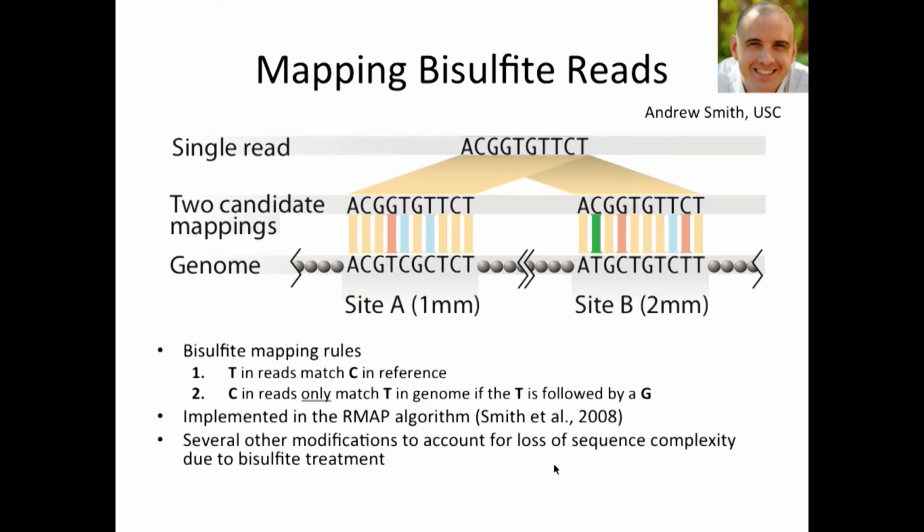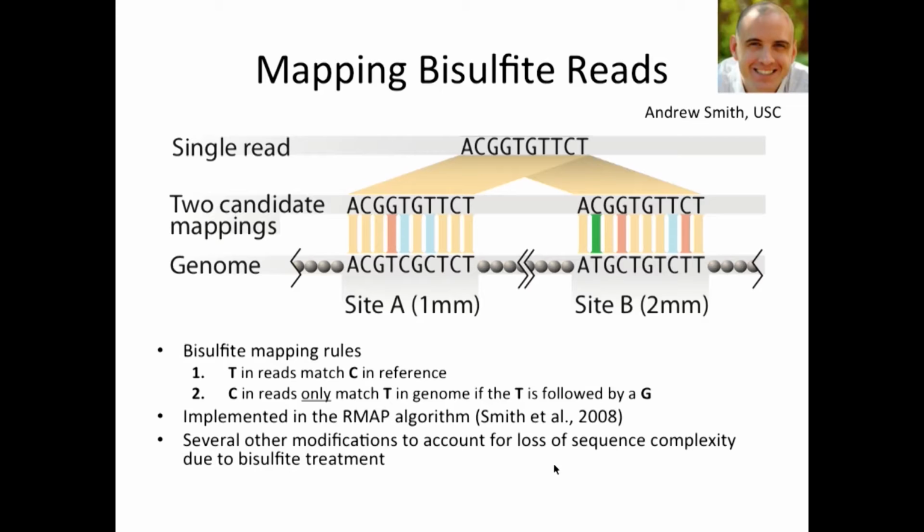So Andrew has done a lot of work developing a software called RMAP, and he's implemented specific modifications to this software that allow you to actually map bisulfite reads back to the intact reference genome. There are several different methods out there for doing this. We can certainly discuss them, but at least in the case of RMAP, there are specific rules in terms of